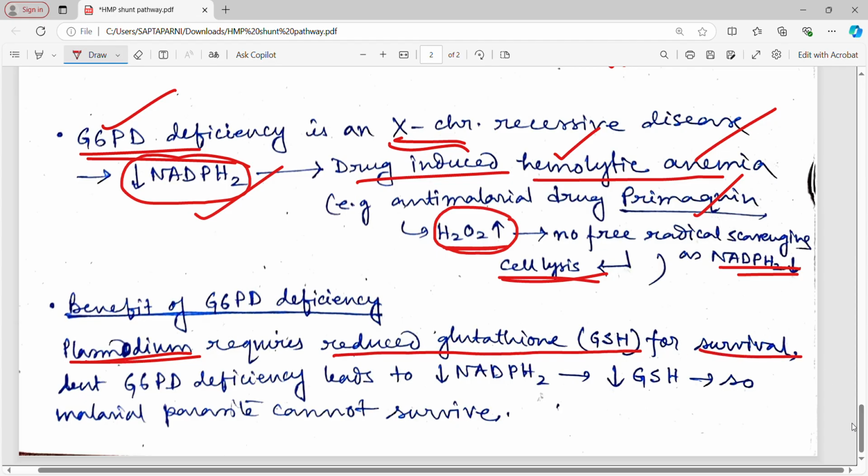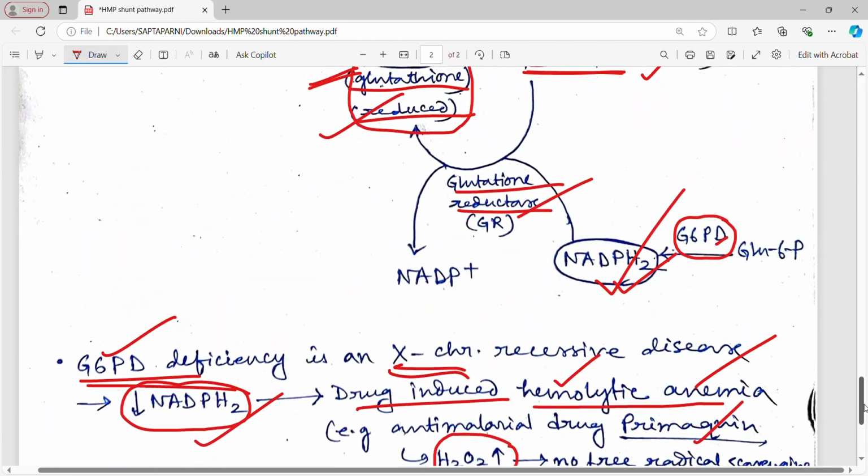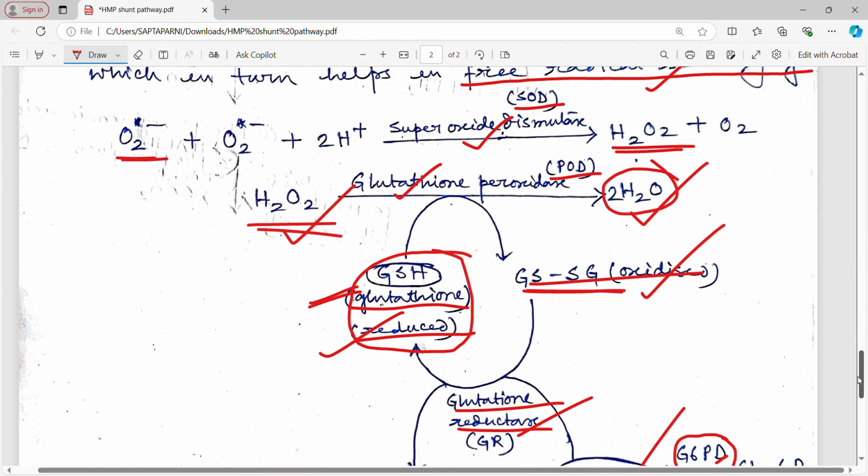So the plasmodium, the malarial parasite, needs this reduced glutathione for their survival. Now in the forest area, people are very prone to get malaria, because there are several mosquitoes there. So in those tribal communities, we can see nature has framed it in such a way that those people are actually